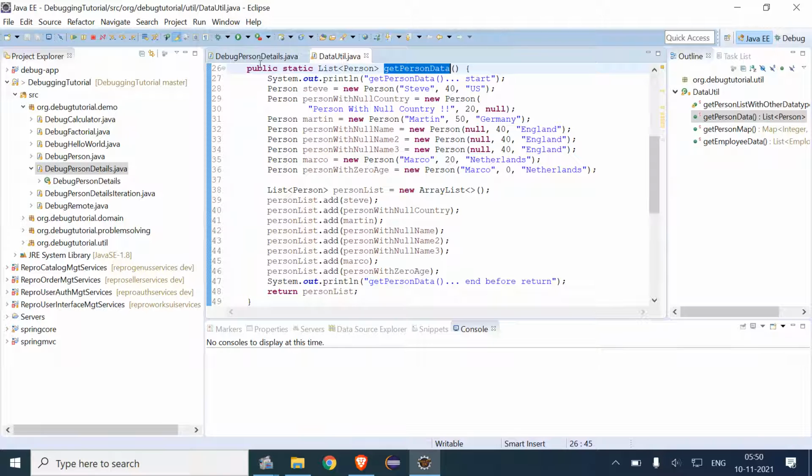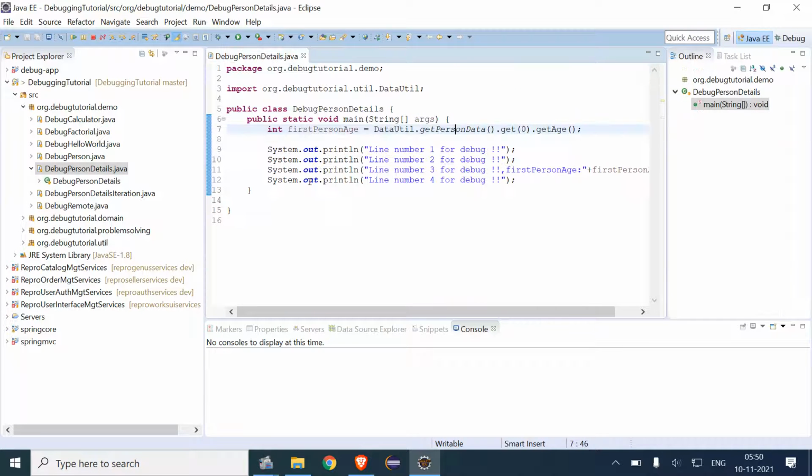Now if I go back to line number 7, what if we introduce a breakpoint here, and let's run this program in debug mode.